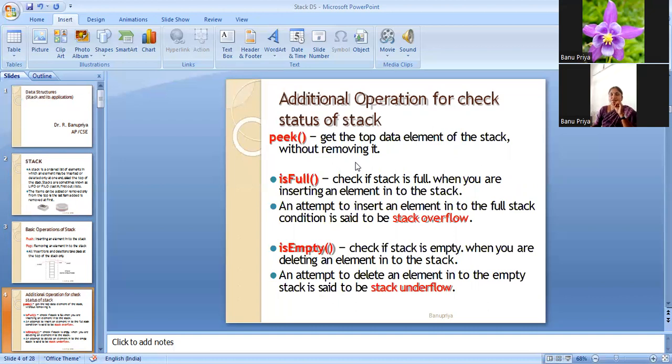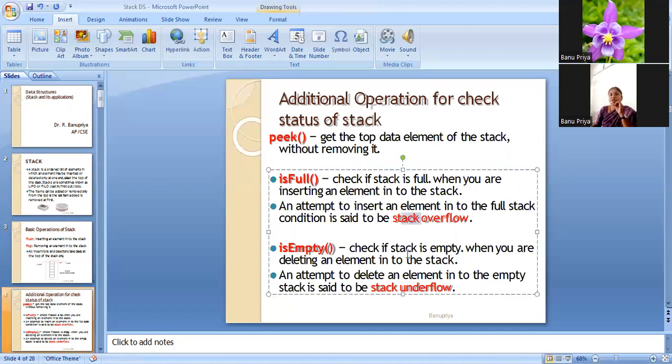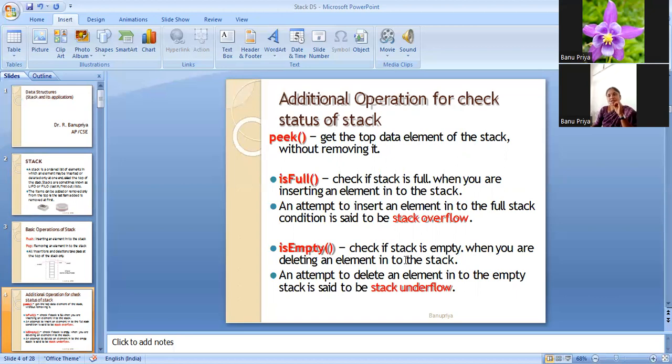If it is already full, we can't insert one more element into the stack, which will result in stack overflow. If we want to delete an element, we have to check the is empty condition, because we can't take an element from the stack if it is already empty,